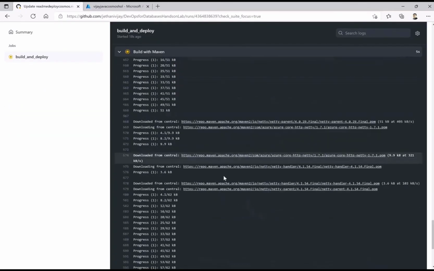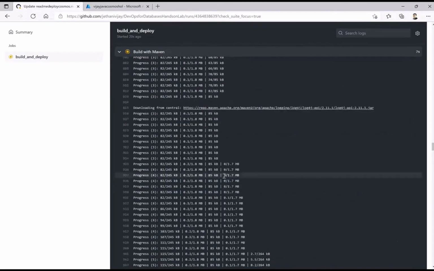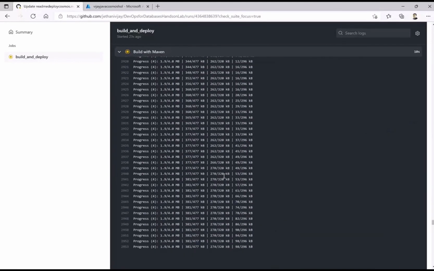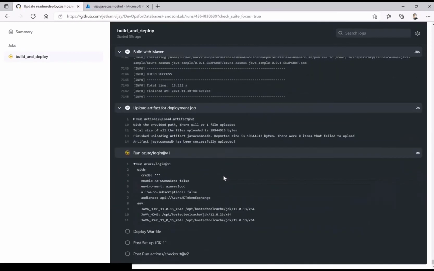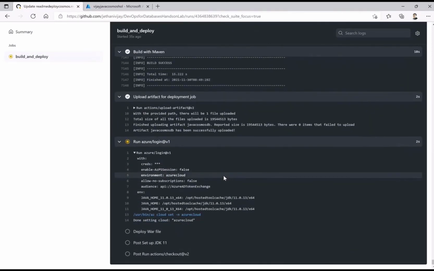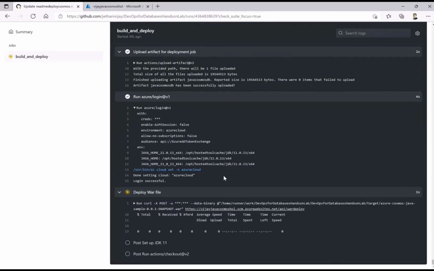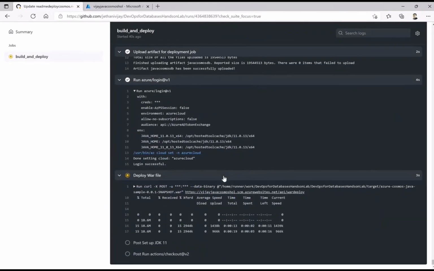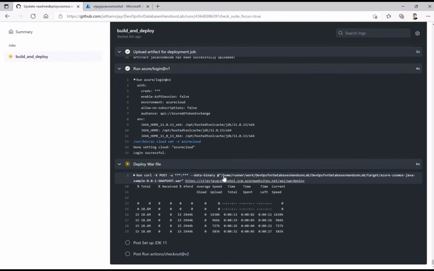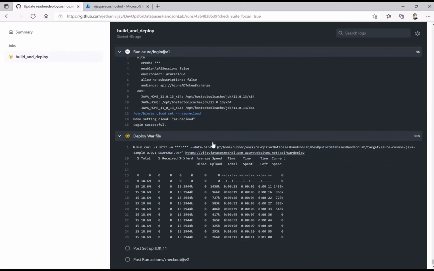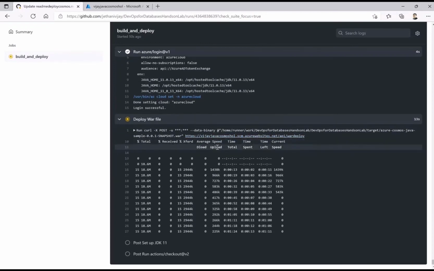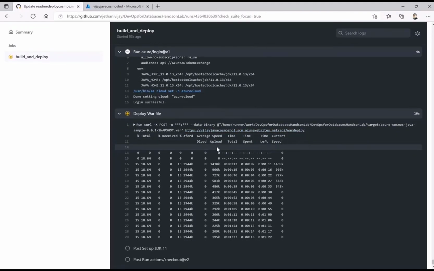Now I think it is building the project exactly the same way which you do on your IDE, irrespective of whichever IDE you are using. It is doing it now on the cloud, building the code for me, and it will create a WAR package, which then I will deploy on the website. So this is nothing but going through that API layer and actually getting that WAR package on this particular website.